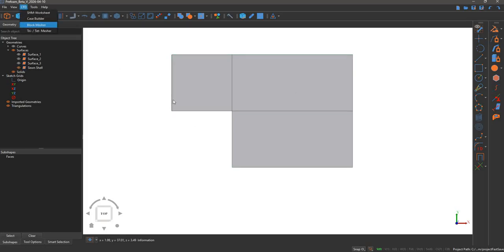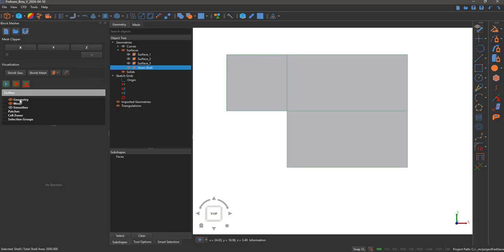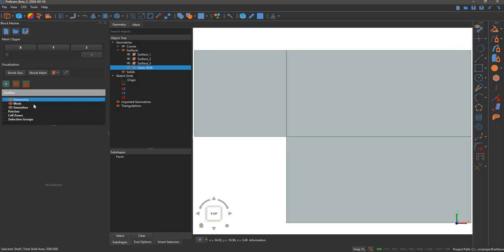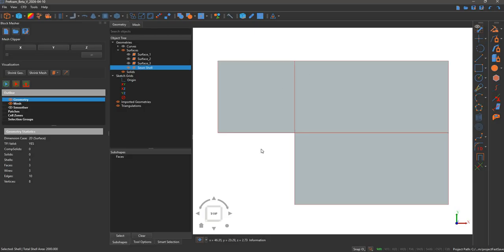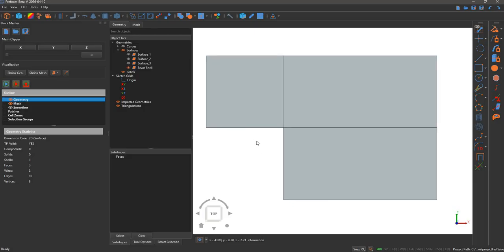Okay, so block mesher, select this one, right click on geometry, import geometry. The geometry statistics will tell you if the geometry is valid. To be valid, each quad needs to have, well, that's the definition, just 4 edges. It can also be a connection of edges in a way that 2 edges create one parametric